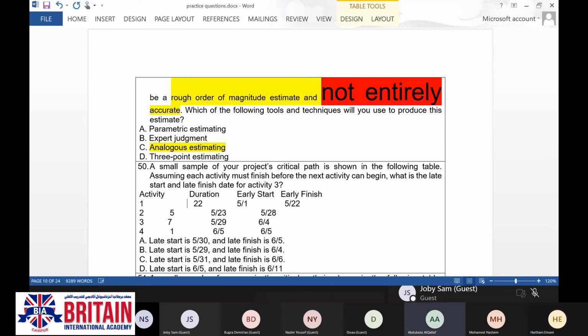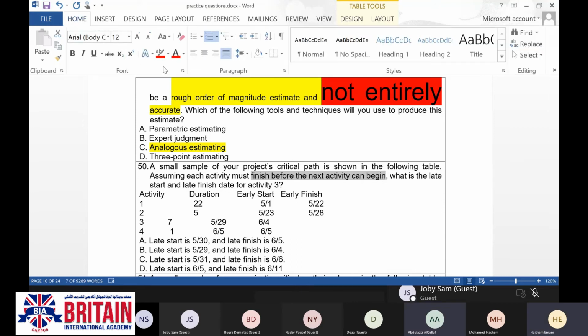A small sample of your project's critical path is shown in the following table. Assuming each activity must finish before the next activity can begin. That means the relationship between the activities is finish to start.